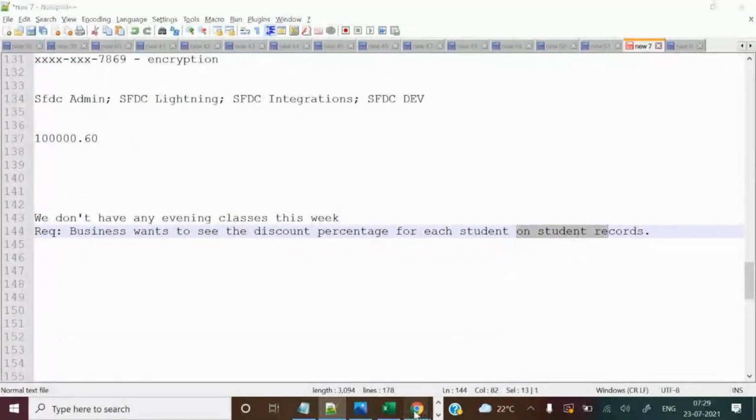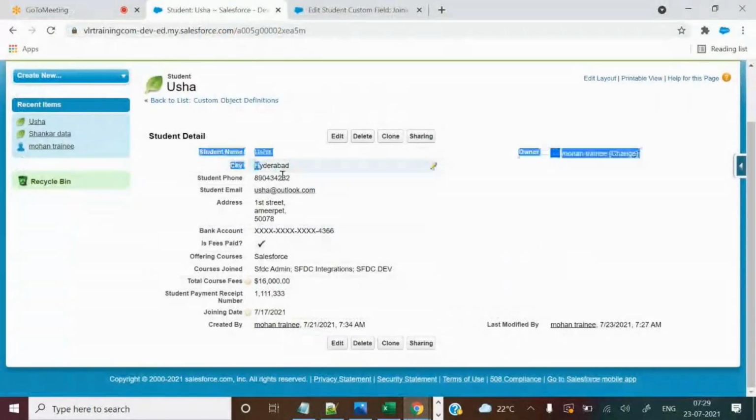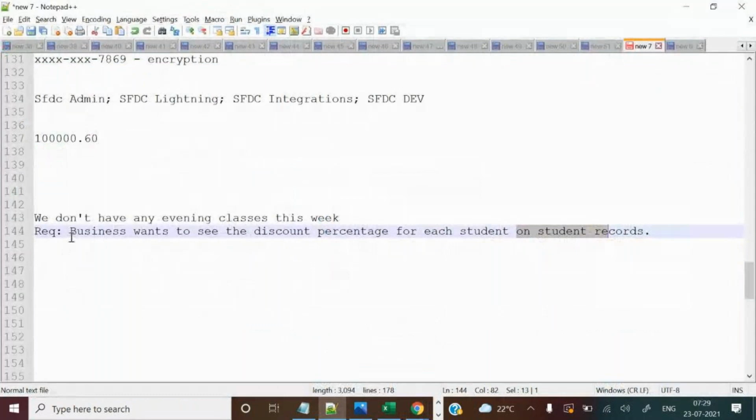So that means records means these are the records generally. And if you want to store the percentage, definitely you should create a field. So you should think from now onwards, guys, this is what you need to do if the business requirements have been given like that. Okay,